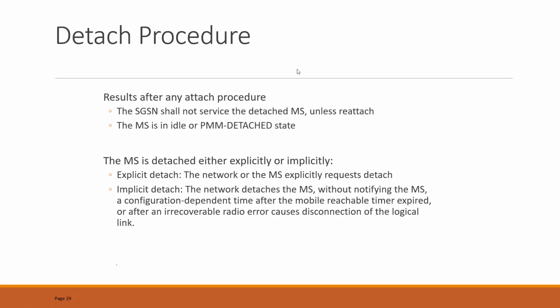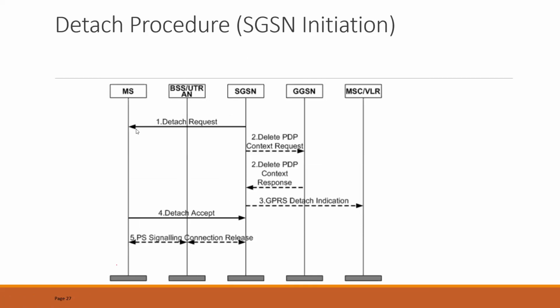Now, the PS signaling connection is basically a signaling connection. When you have a handset, your handset will get connected to your BSS system, and from the BSS system you'll connect to the SGSN. So there is a logical link. It is not a physical link, but a wireless link that is connecting your MSISDN to your SGSN via your BSS or your Node B. So that is a PS signaling connection. We will come to it